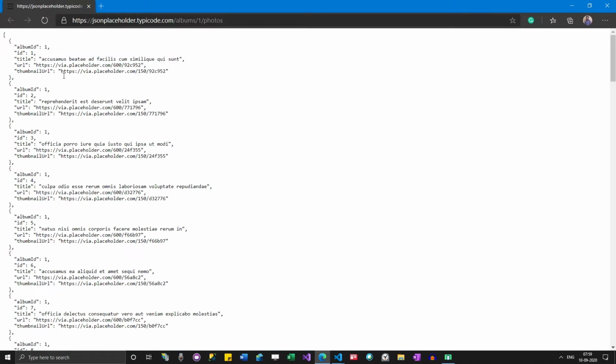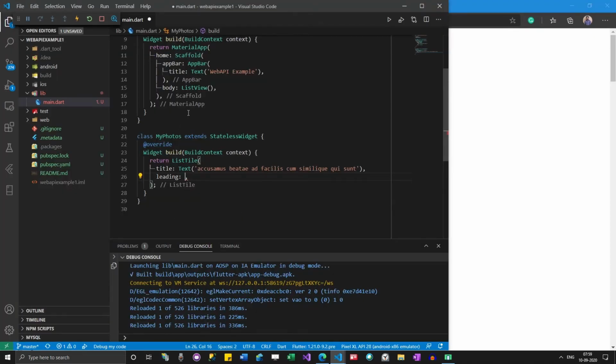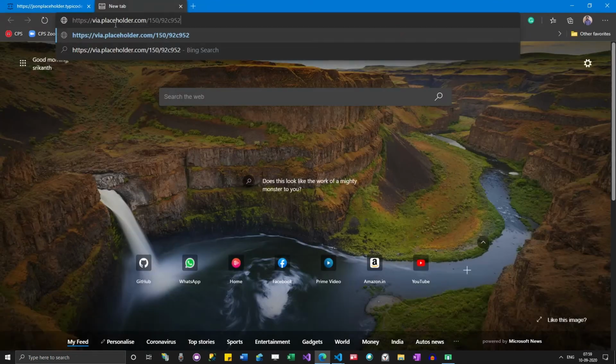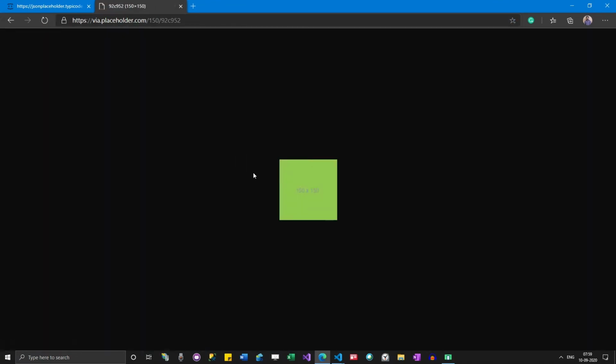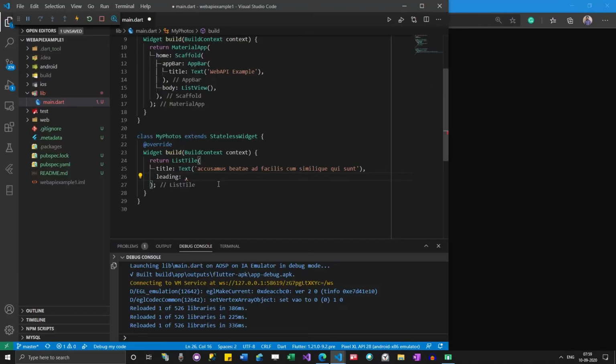In reading, I'm going to take this URL. Let's see what's there in this URL. It's having a basic image, a very simple image. I'm going to use that image here.